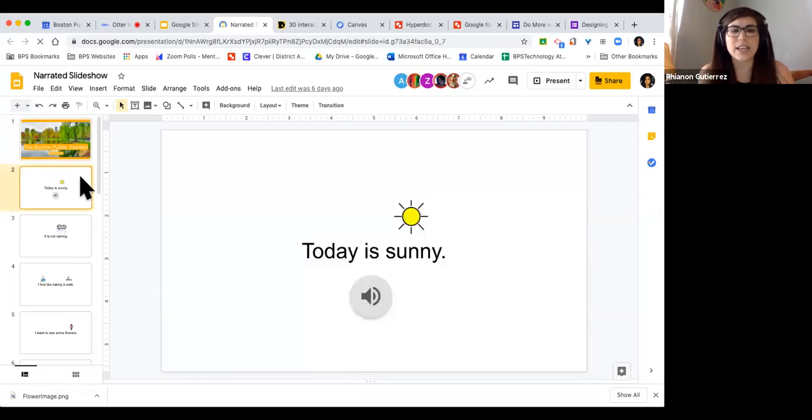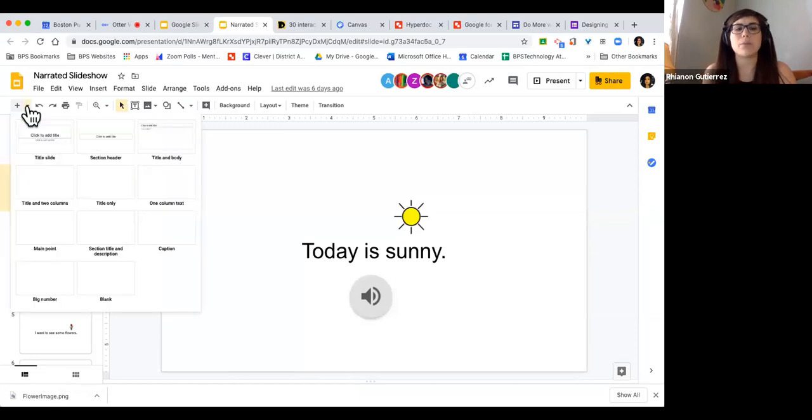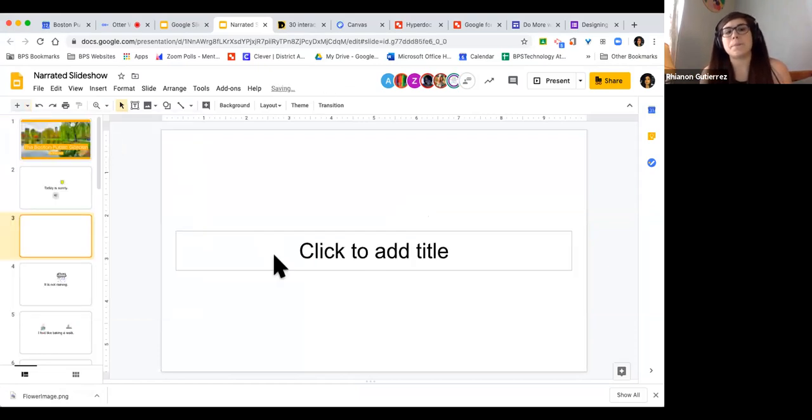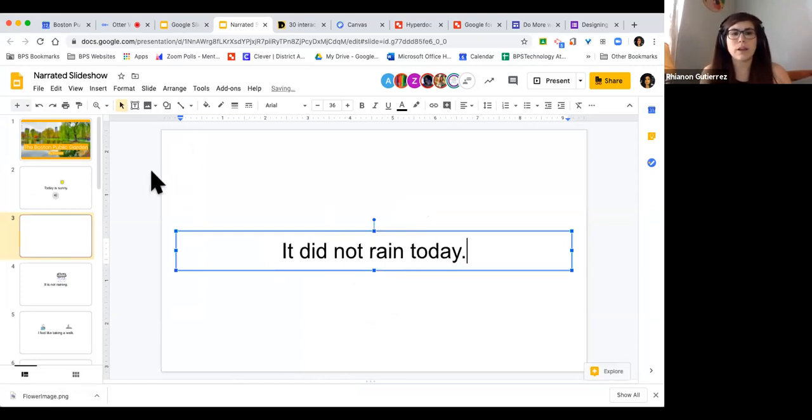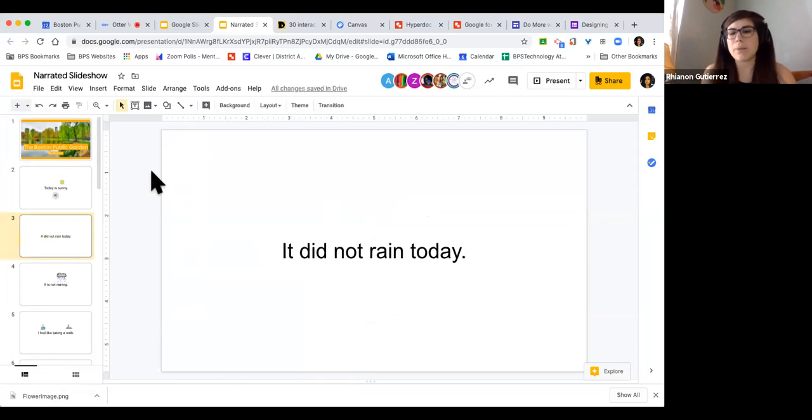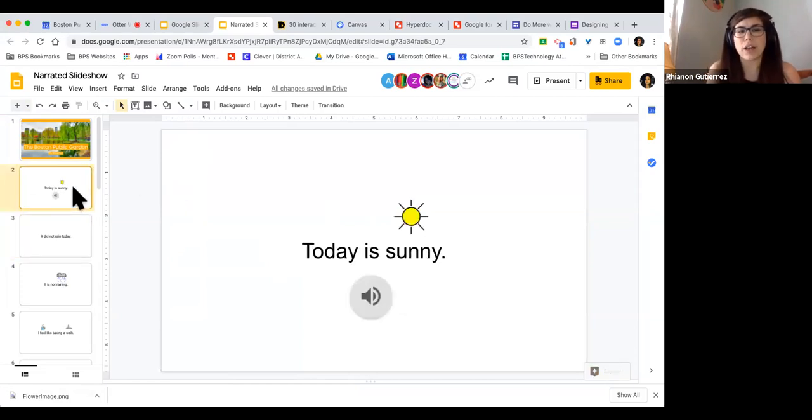I have a slide deck here where, when I created a brand new slide, I went to the top left corner and I basically just chose a new slide. And I added my text to it. And now I'm not satisfied with this. I need to make it more interesting, right? So how do I make it look like this slide that I'm showing you here? My first part of my story is today's sunny, and you could see a picture, you could see an audio bubble. How did I do that?